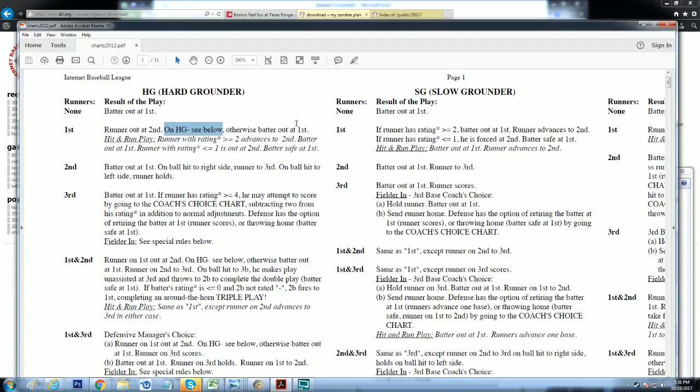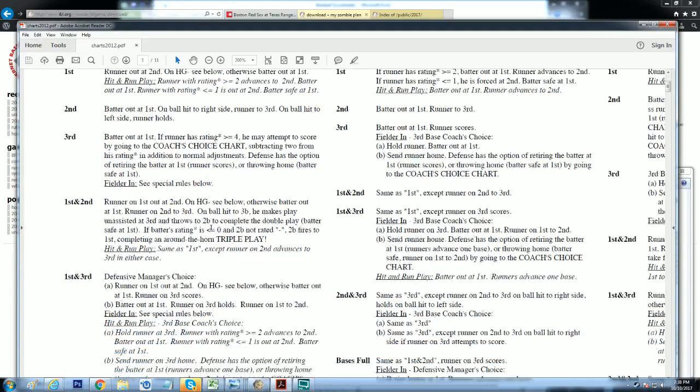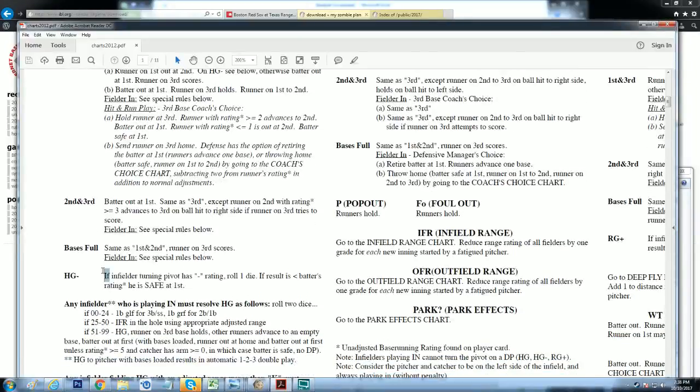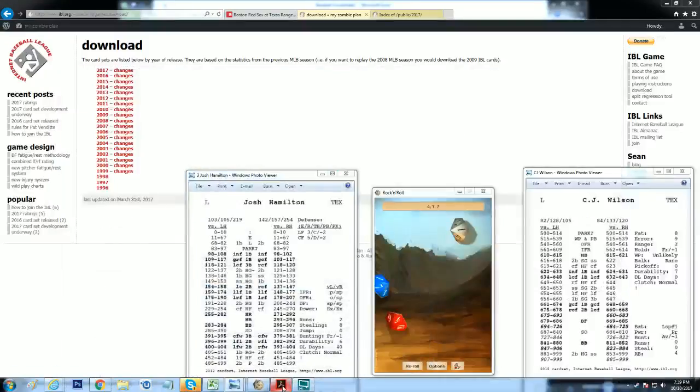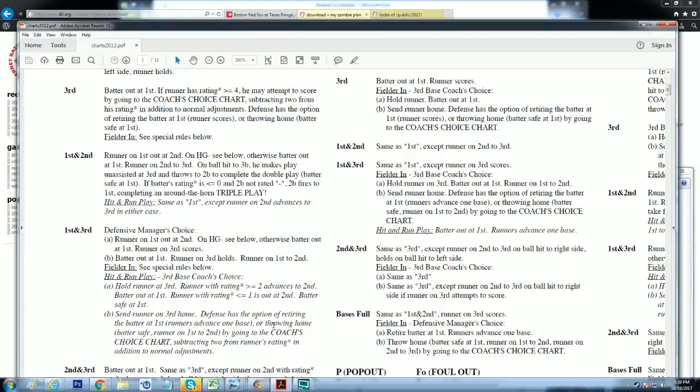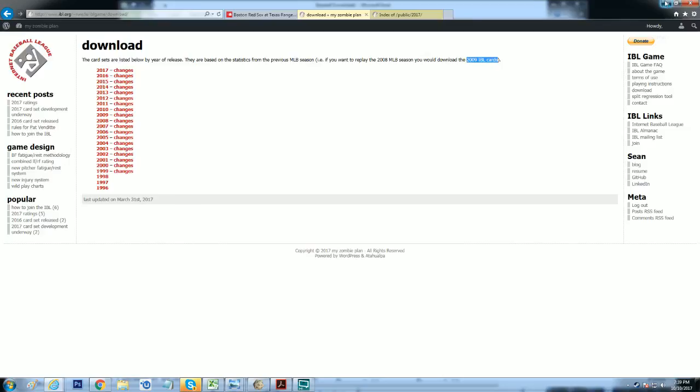And the only way they can prevent this from happening is if they roll an HG dash result, and then basically your guy can run, and you're going to have to check to see if they pivot, if they throw the ball quick enough to get you out. Now, with that said, that seems to me like a lot of double plays, because if we look at my sheet here,